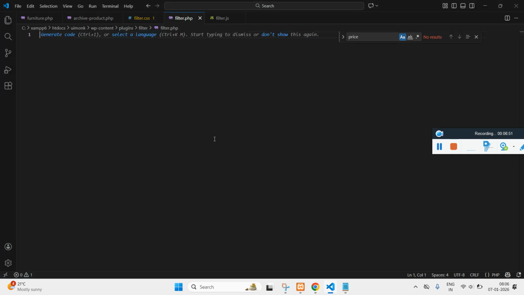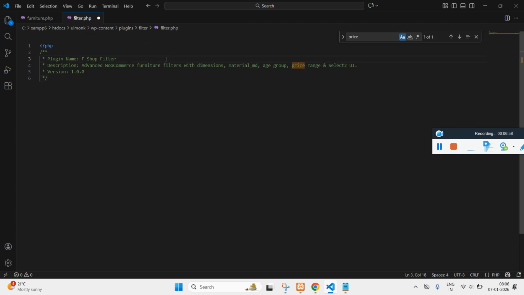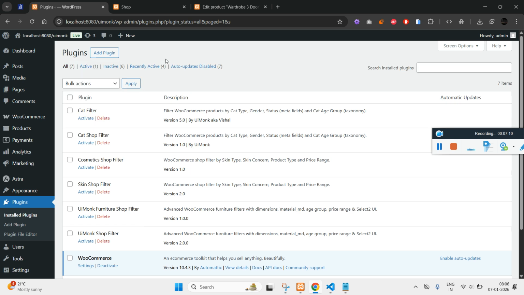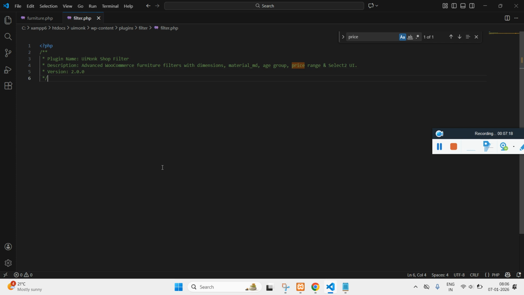To do that, we need to give a PHP comment. So here, let's just say UiMonk Shop Filter, and this is the description, and this is the version number. Now if you save it and try refreshing, you will find your plugin in the list. Here you see the name you have given, UiMonk Shop Filter. As of now I am not activating it, but